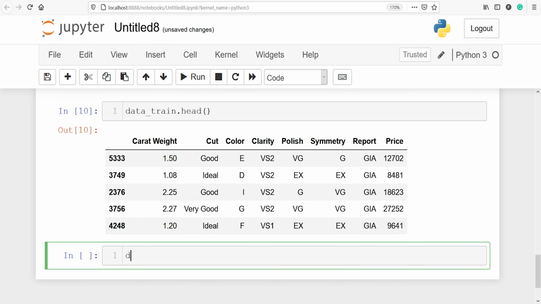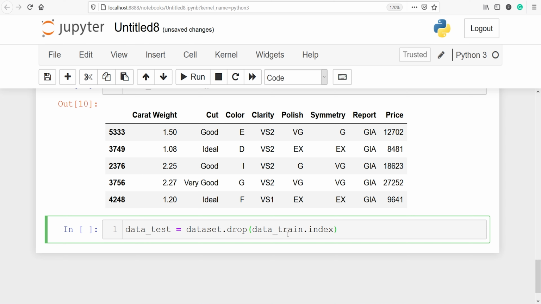I'll make a variable, data_test. I will call dataset.drop(data_train.index). I'm saying here that I want 10% of the data for test. So from the original dataset, drop all those samples which have already been taken in the variable data_train.